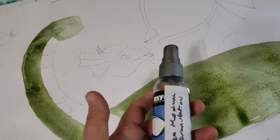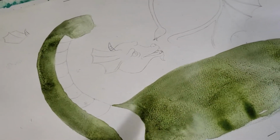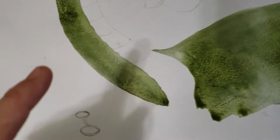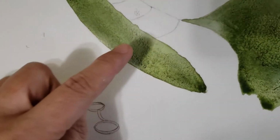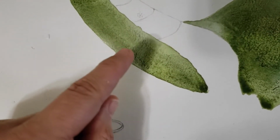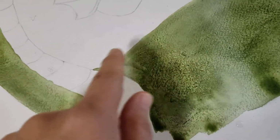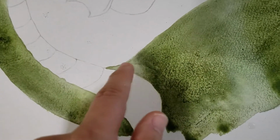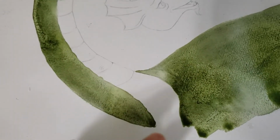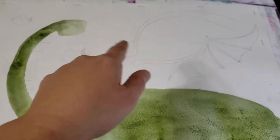I'm spritzing it with the watercolor granulation medium, light spray, and then you really don't want to touch it, because if you touch it, see here, let's see, where's one place I touched it. I pulled up a little bit here. See, there's less granulation. Now, if you want that, that's fine, but I just wanted to show you, like here, pulled up on the color, less granulation, more granulation because I haven't touched it. So I've got to let this dry, and then I'm going to shoot another video so you can actually see me do the tail or something,